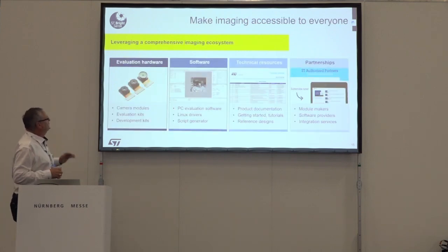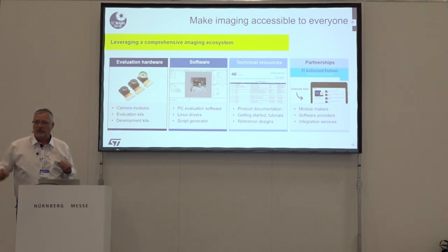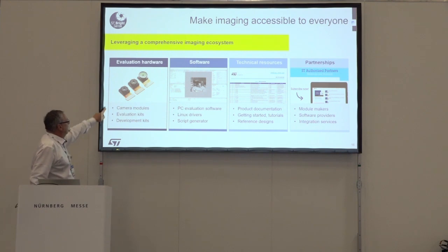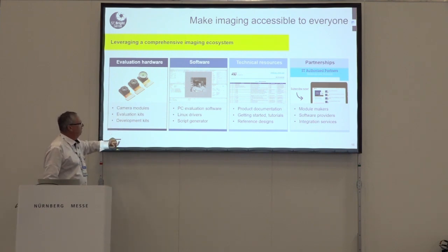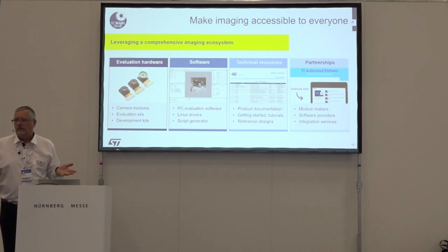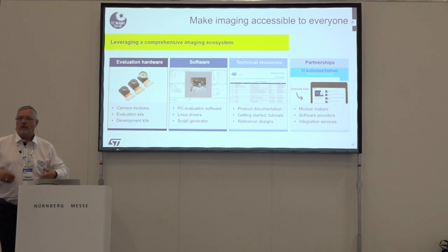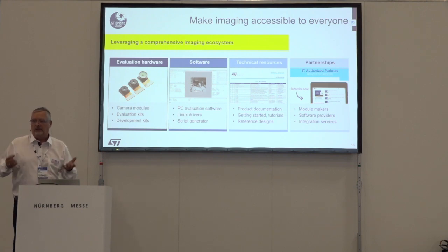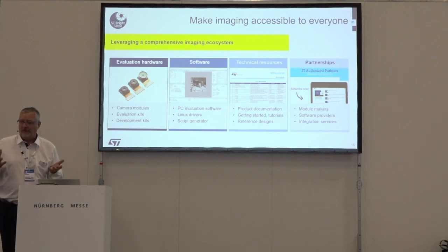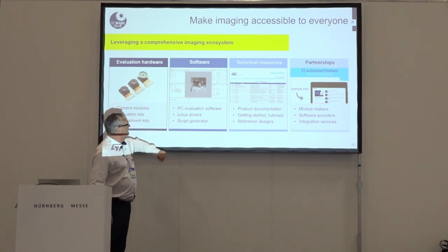How do we continue? So we have the camera modules. We have an evaluation kit. We have it on the booth to show you. The camera is connected to the evaluation kit. We can connect either by USB, a PC with a GUI, or a STM32 evaluation board, or a Raspberry Pi. And by this, you can start to build up a camera system and to use our PC evaluation software,